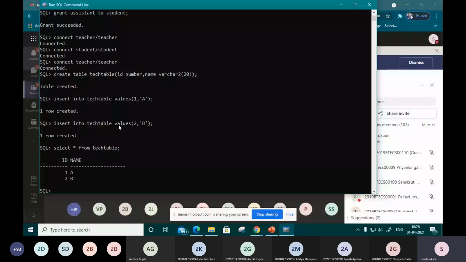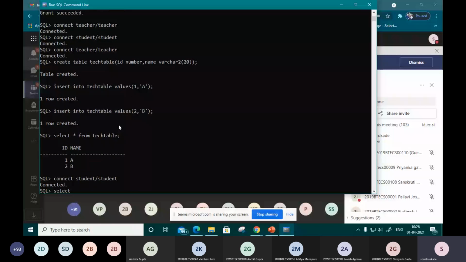For that purpose, we have to connect with the student account, and let's see whether we can find all the data present over there or not. Select star from. Now we have to see in which account this table is present. So teacher account dot, what is the name of that table?